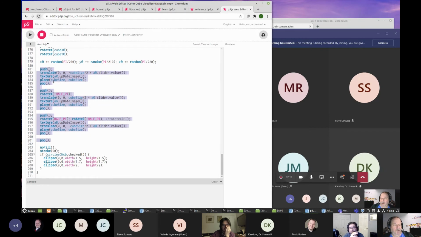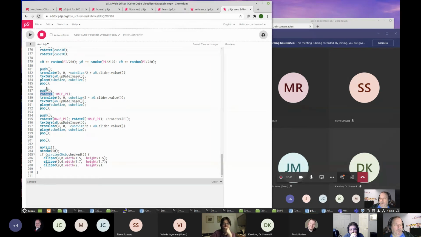And again, since I'm not using an editor, you go through these steps. This one is drawn without any rotation, and then when you draw the second one, you have to rotate the X, but these push and pops allow you to always return to the normal orientation, which made it a lot easier,